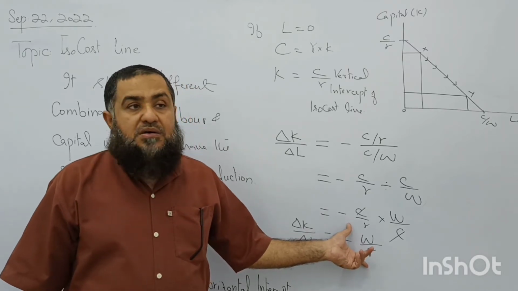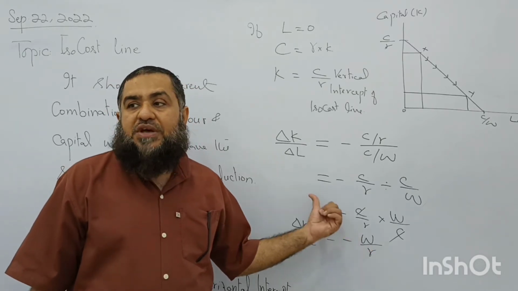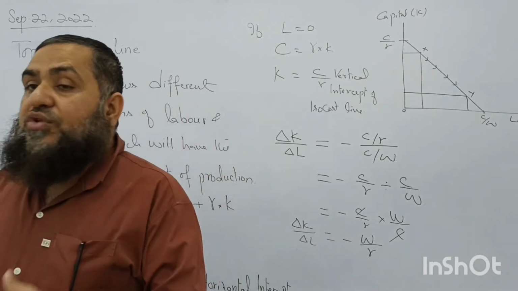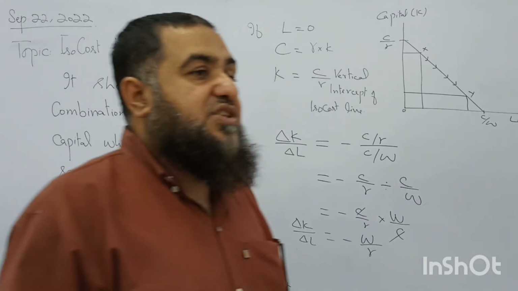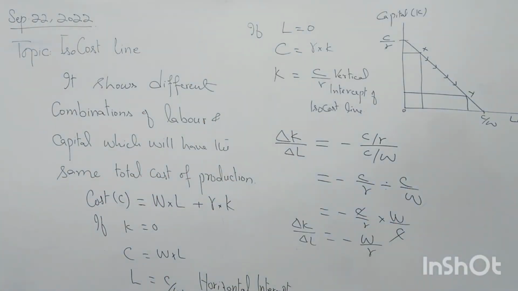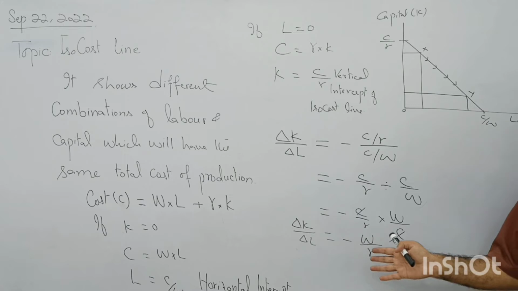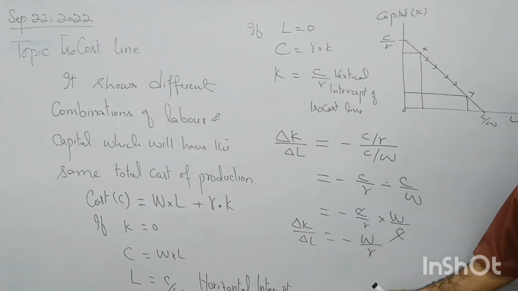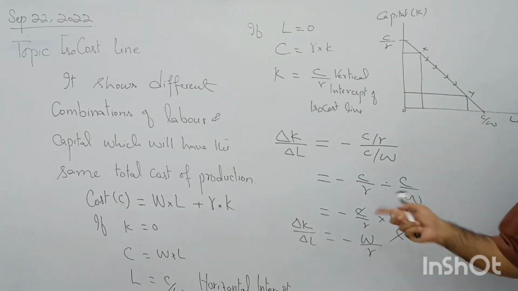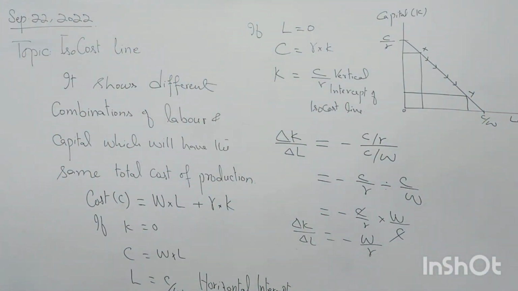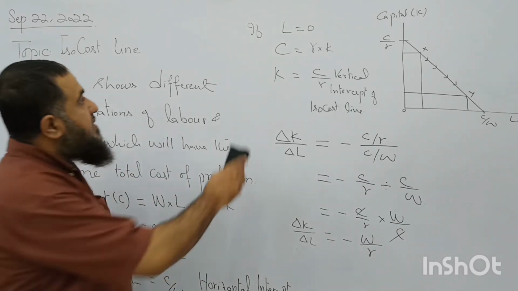What is the slope now? This is the relative price ratio of the isocost line. It is downward sloping or negatively sloping. In order to increase the workers, the producer has to decrease what? The capital. Or other way around, if he wants to increase capital, he has to decrease labor in the cost of production. Alright. Now I am going to show you different shifts, pivotal shift and parallel shifts of this isocost line. Clear?